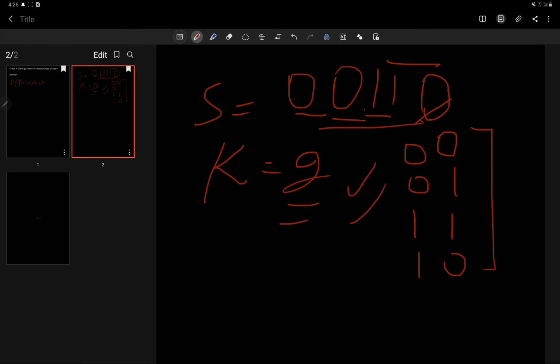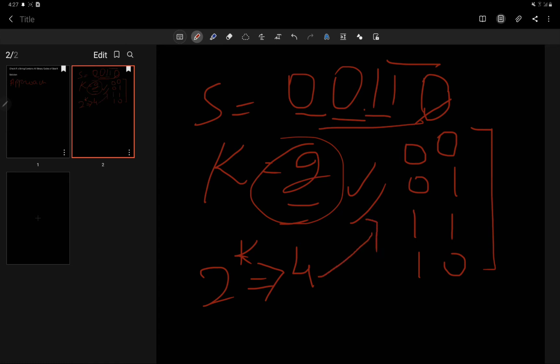Now what we'll do is, we know that for k equal to 2, we need 2 to the power k, that is, 2 to the power k is equal to 4. So for k equal to 2, we should get our 4 values.